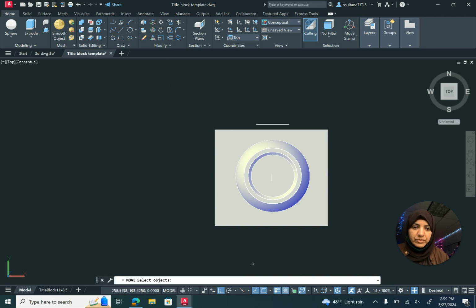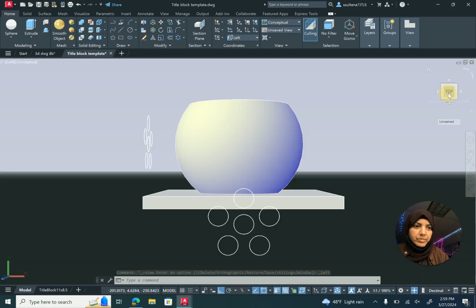And then move it to the side, to the parallel view,